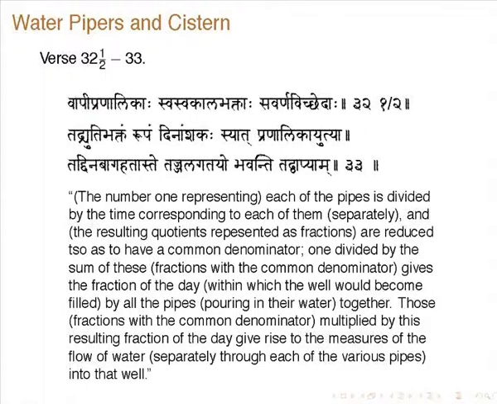separately, and the resulting quotients represented as fractions are reduced so as to have a common denominator. 1 divided by the sum of these fractions with a common denominator gives the fraction of the day within which the well would become filled by all the pipes pouring in their water together. Those fractions with the common denominator multiplied by this resulting fraction of the day gives rise to the measures of the flow of water into that well. So essentially